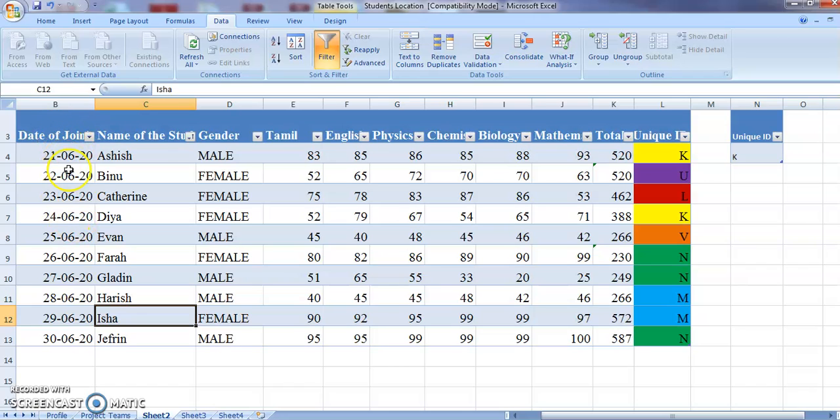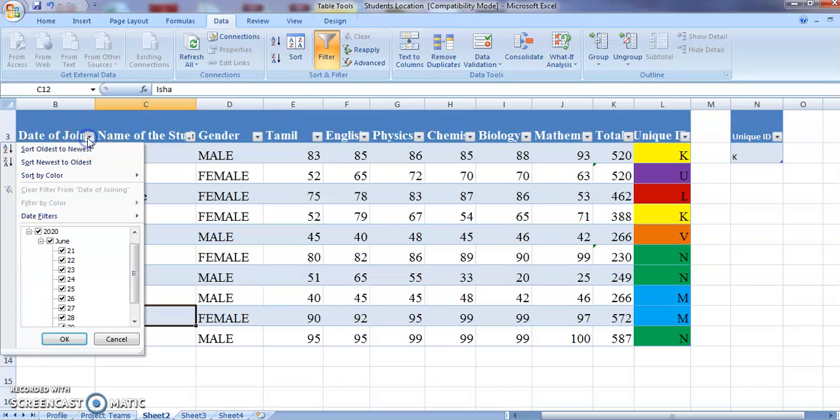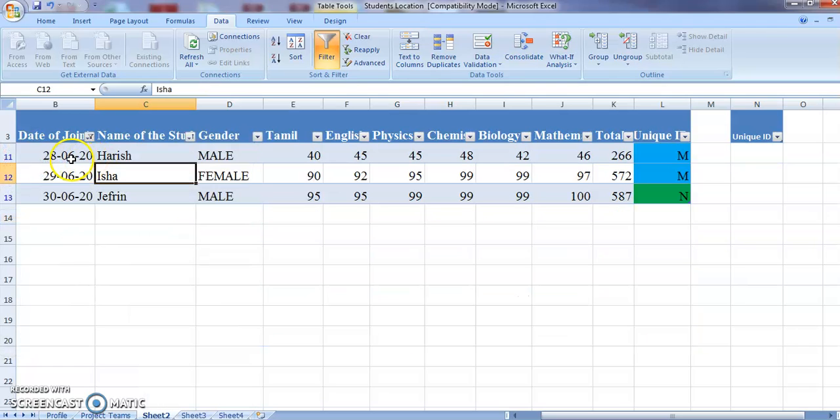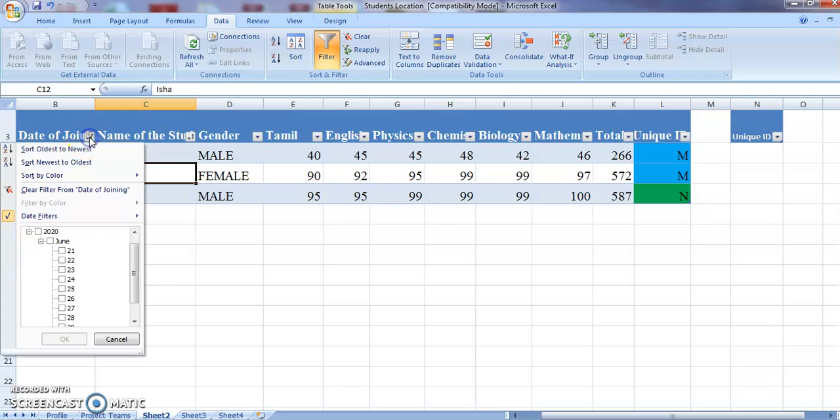The same thing is available for dates also. You can perform it with date filters. You can even find whichever dates fall in the next week, just click it. You can see 28, 29 and 30, because from today it starts with the 21st of June. The next week starts from 28, then 29th and 30th. That is the reason we have the filter as it is. So these are the basic options available in the filter.